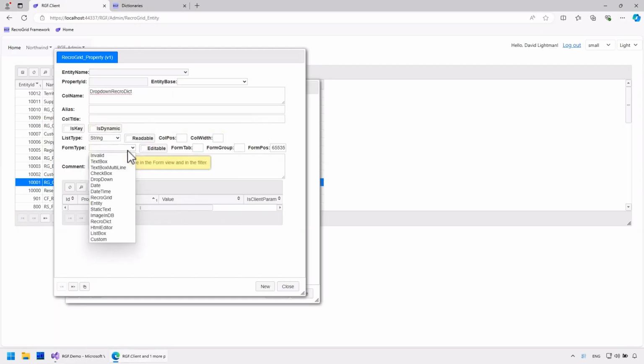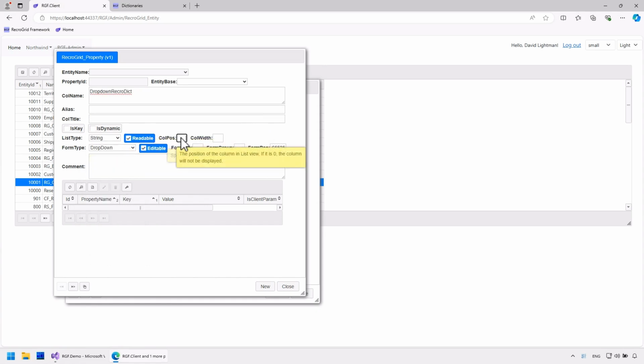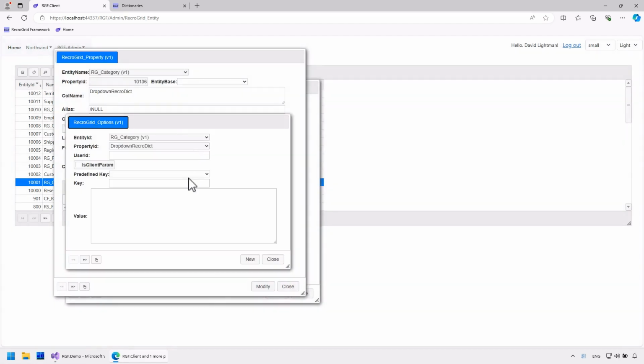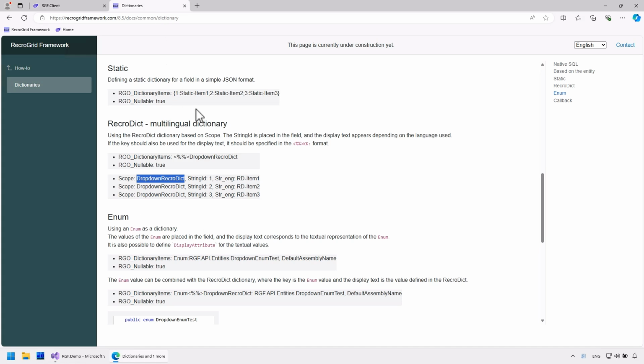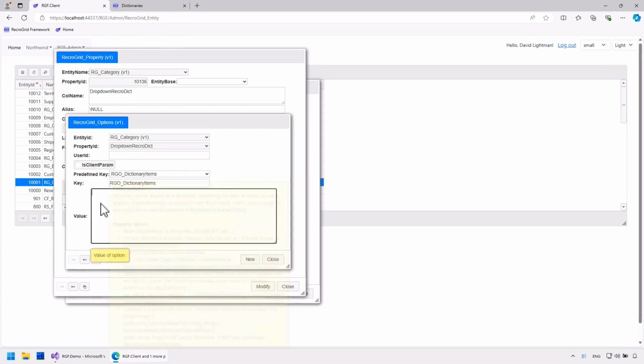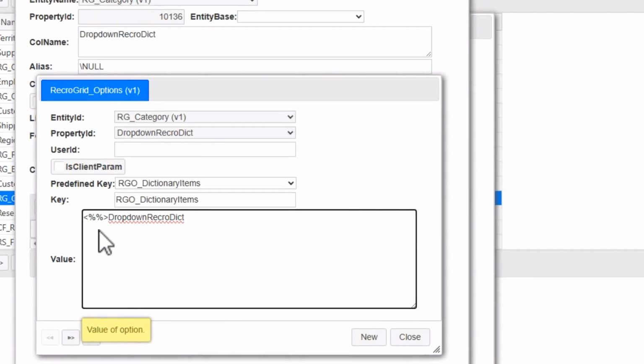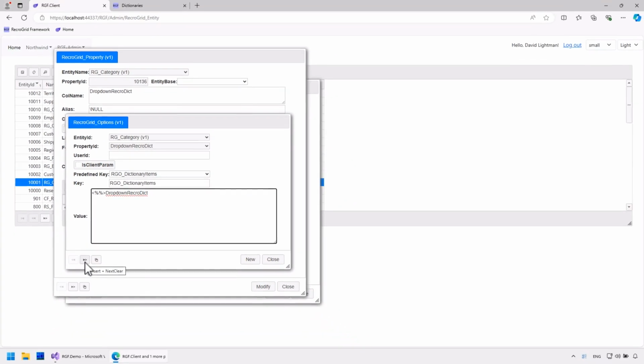I will add a new property with the usual settings. In defining the dictionary elements, I can refer to the Recrodict using this special format. The drop-down Recrodict itself is the scope.